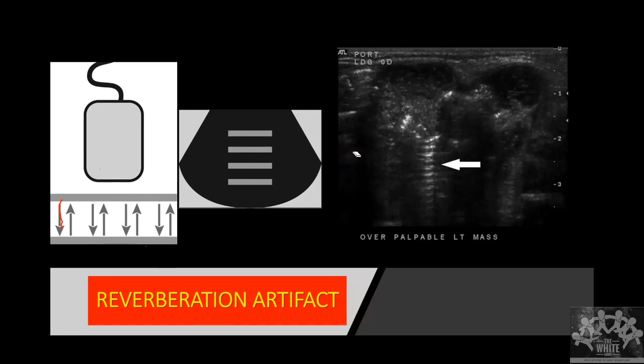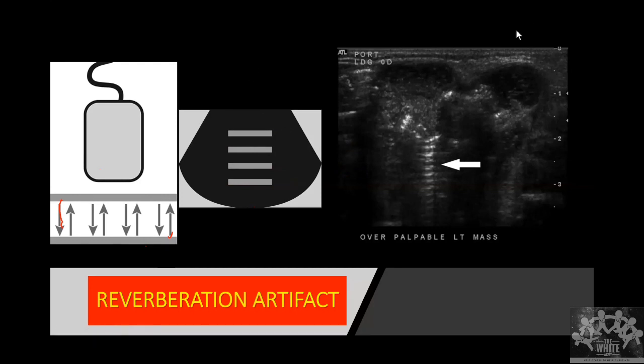Yeah, after some fixed interval of time, because the amount of time required for this reflection is fixed. So it can be multiples of whatever time is taken for traveling this distance. At the multiples of this, at fixed intervals of time, some echoes are coming back, which will appear as multiple lines in our imaging. So remember this. This is called a reverberation artifact.